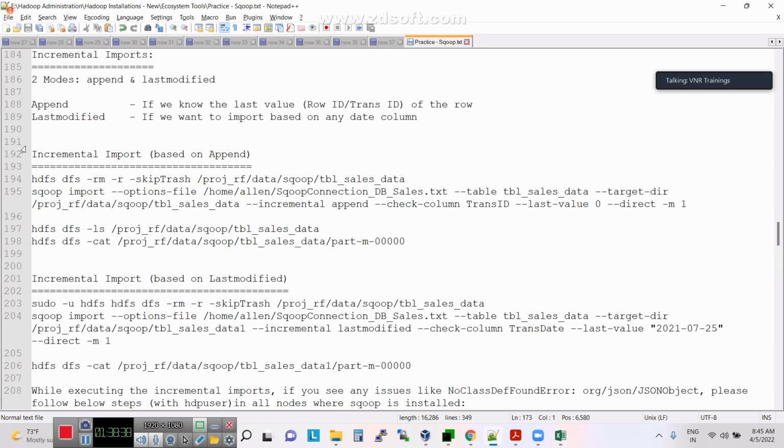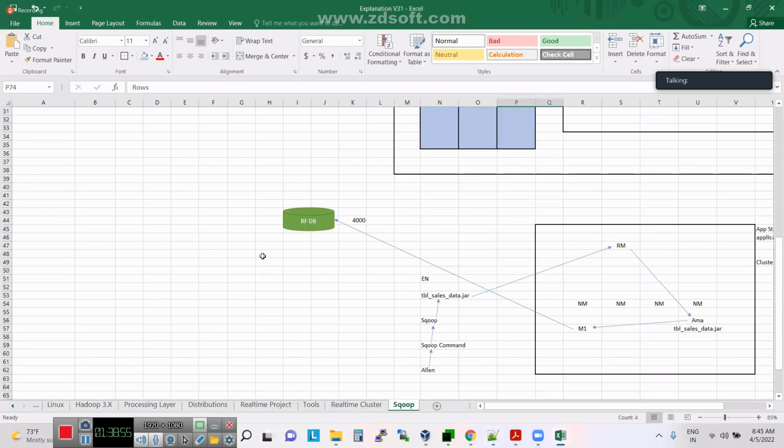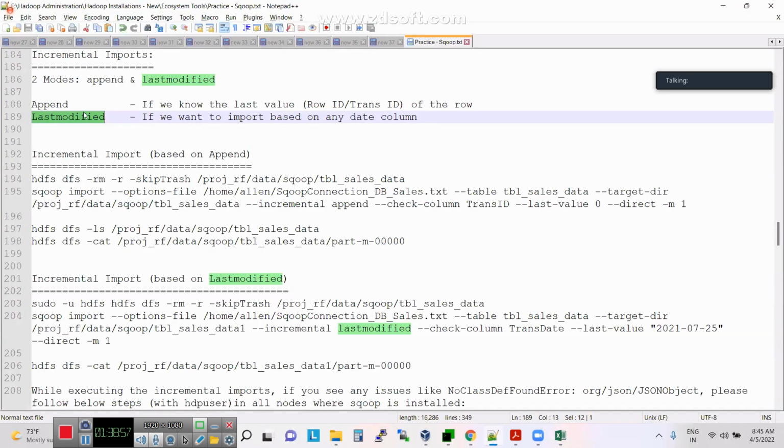So here there is something called incremental import. Using the incremental import command, you can do this, with append or last modified. How do you say what the new records in this table are? Based on the modified date, or based on the transaction date. Normally, if you want to find a row,